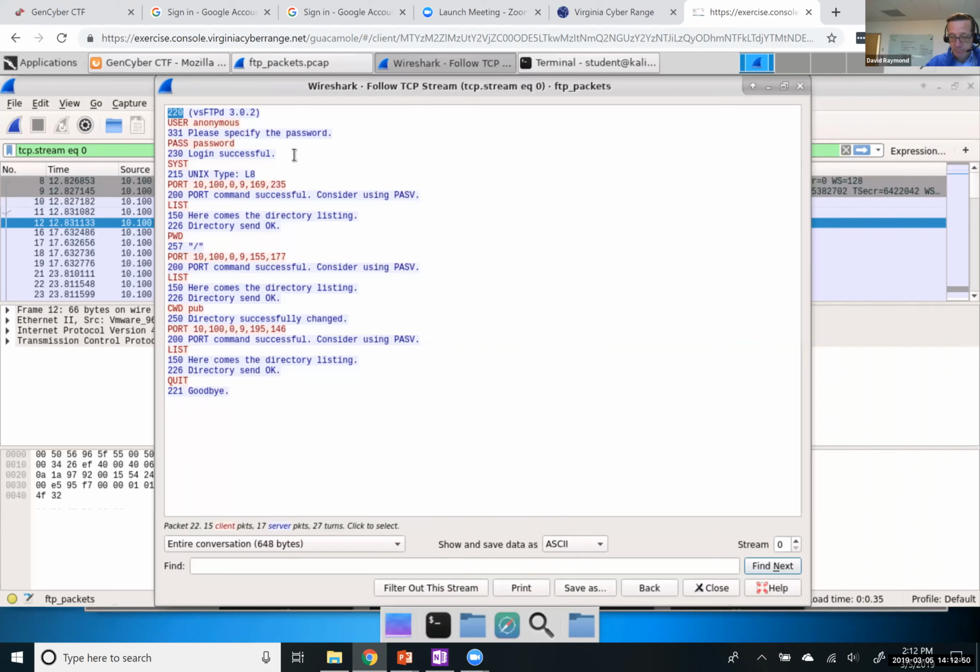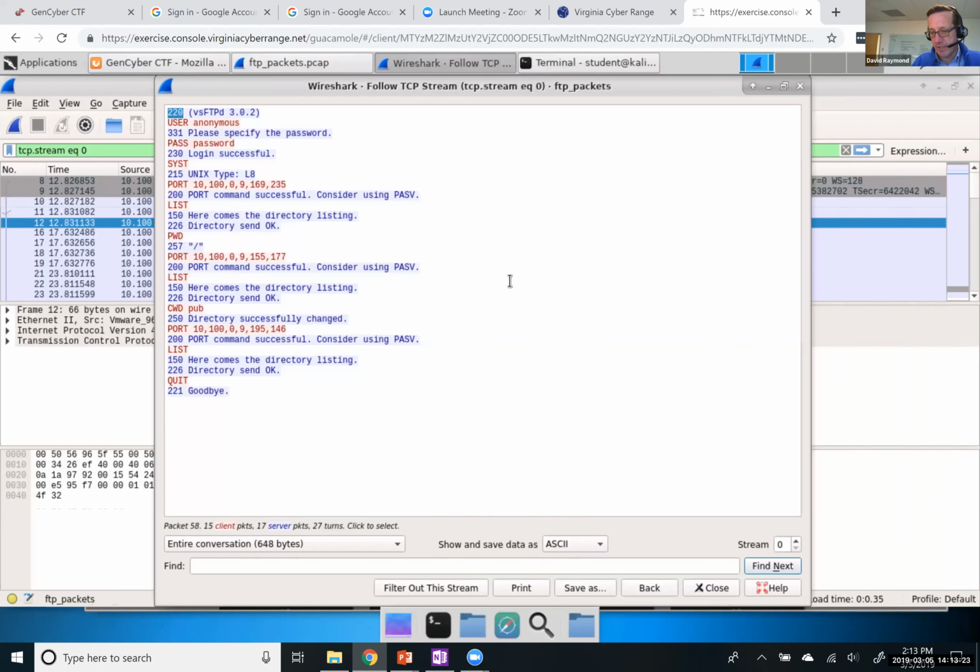Again, the intent of the CTF challenges is to teach students things about these protocols. In this case, first of all, here's the FTP protocol, right? You can see it all right here. Request, here's the login, here's the information being exchanged between the client and the server so that they can successfully send commands back and forth. And then here's some commands being sent from the client to the server.